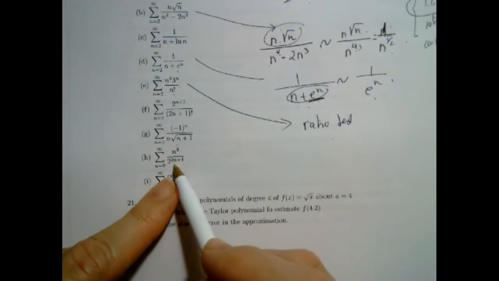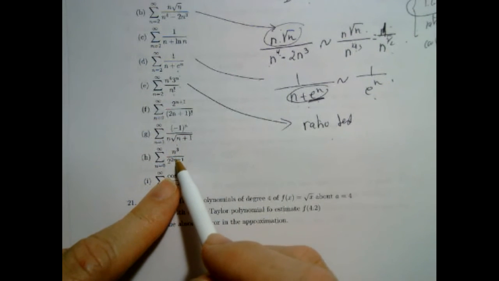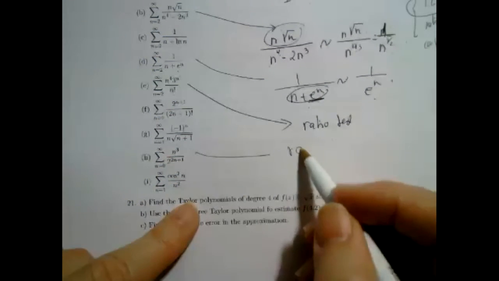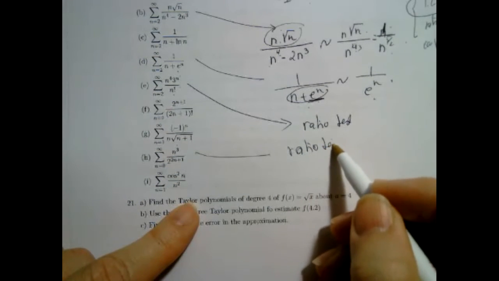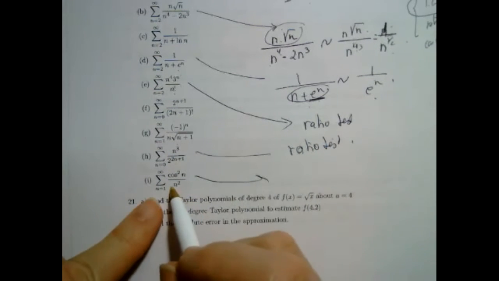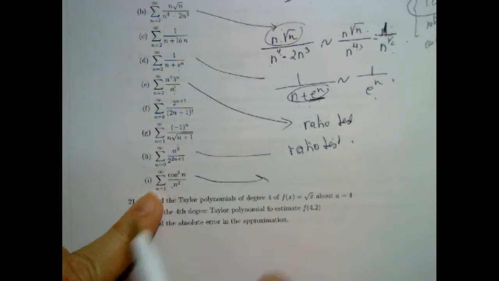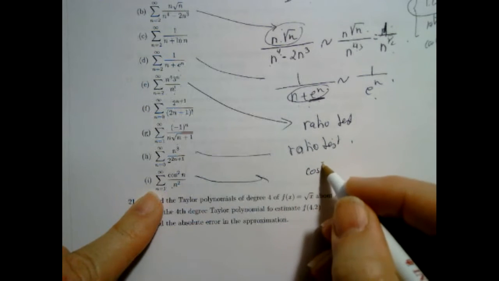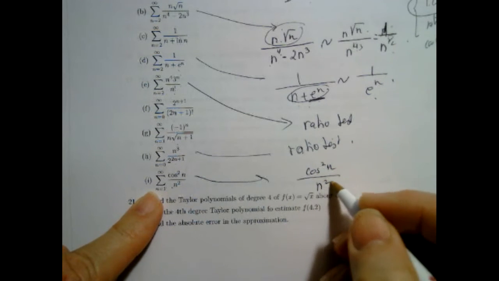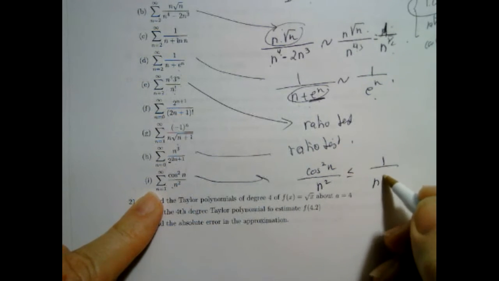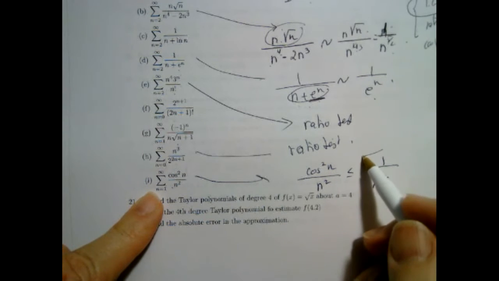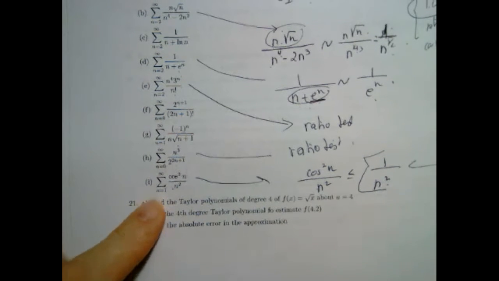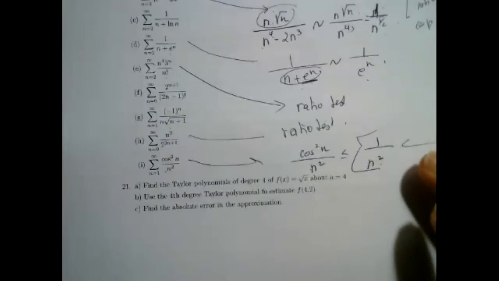H, you have 2 to the power 2n plus 1. That's again the ratio test. This one, because it involves cosine, you use the regular comparison. In other words, you say that this is less than 1 over n squared. Now, if the largest converges, the smallest will converge, end of the problem. Okay, so that's